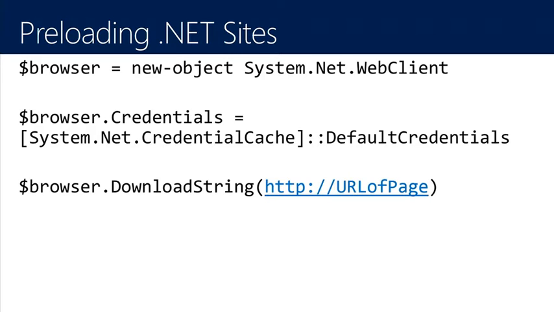I can put as many of those in there, line after line of $browser.DownloadString, or I can write a loop for this kind of stuff. So here, go hit the home page of all my SharePoint sites. Schedule this to run at 6 a.m. or so, after you've done your backup, after all your .NET sites have recycled their application pools. Otherwise, when the first user comes in, it has to load everything from scratch. I can basically script that, so when people actually come in to do work, it's not quite so sluggish.